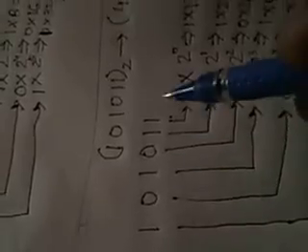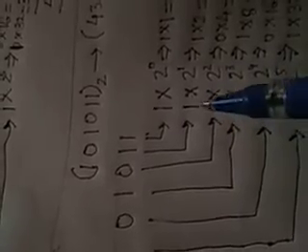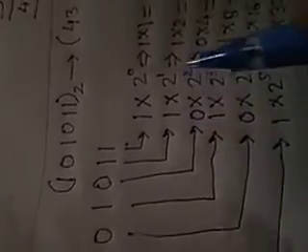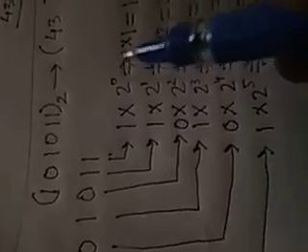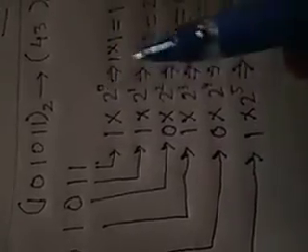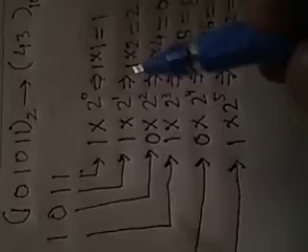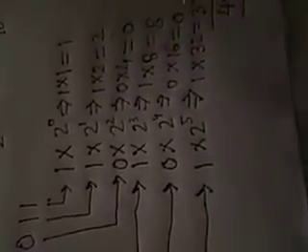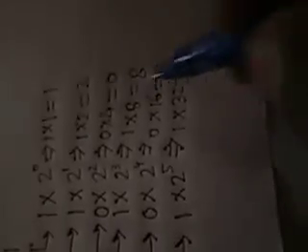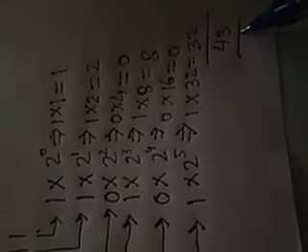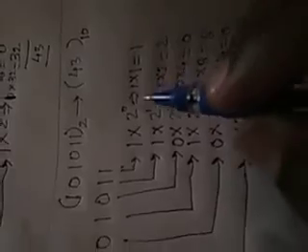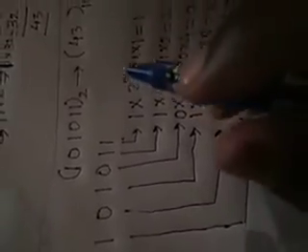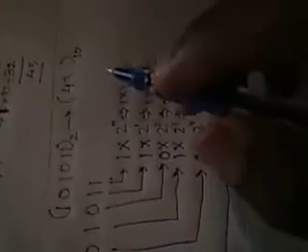First write the numbers, then copy each and every digit one below another, then multiply it by 2 and after that write the index of 2 starting from 0 to the last digit. After that solve this, and after solving this add all the answers, and here you will get the decimal equivalent of the binary digits. This is how you can convert a binary number into the decimal number.